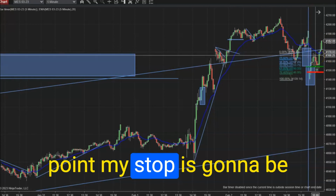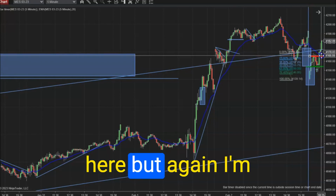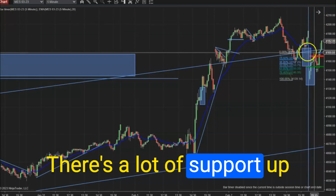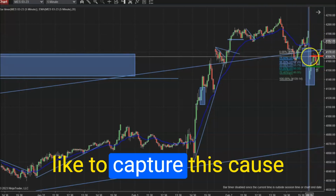Now at this point, my stop is going to be moved up to here. Okay, now I'm going below here. But again, I'm looking, is this going to accelerate to the upside? I don't know. Or is it going to fail? There's a lot of support up here. It could fail. Okay. Again, my stop is here, but I would like to capture this because if we look in terms of R,